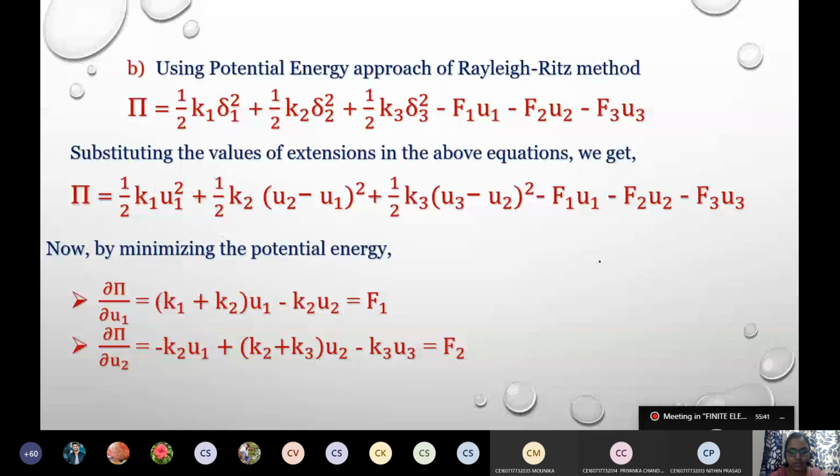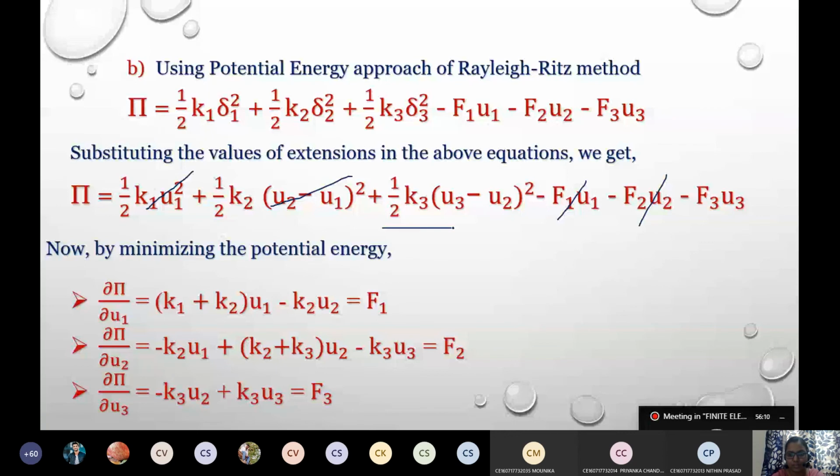Yes, ma'am. Okay, yes. And this is the equation for the last term, the partial differentiation of the potential energy with respect to U3, that is the displacement at node 3, and equating it to 0. So when we do this, this term will be 0, this term will be 0, this term will be 0, and this term will be 0. So you have to do the partial differentiation only for two terms and equate it to 0. So if you clearly check equation 2 and relate it to equation 1, is it the same or not?